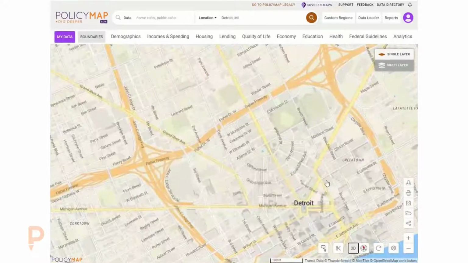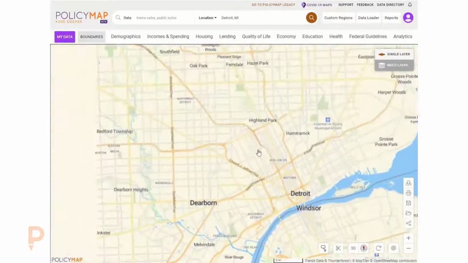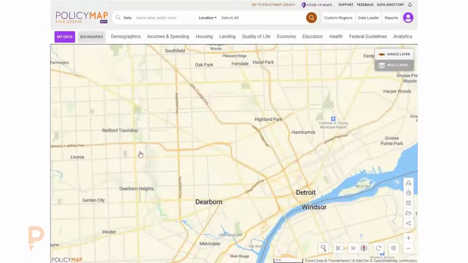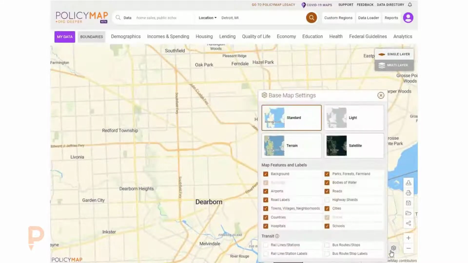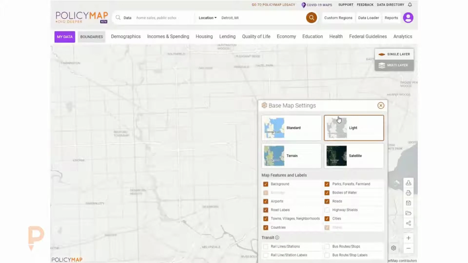But then more importantly, they can also customize the base map further, which is the details that you see on the map itself, things like names and parks and such. So that's the gear function down here, which allows them to do a couple of things as well, changing the base maps. And this is all for visual presentation. This really allows for somebody to make a map that maybe fits their branding that they're making a presentation for